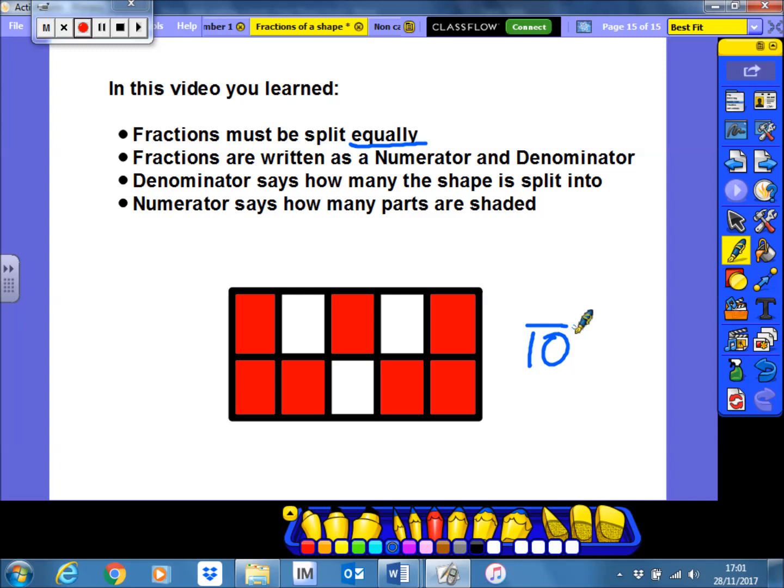And the numerator says how many parts we are actually talking about, how many parts are shaded. In this case, 7. We also talked about how to work out how many parts are not shaded by figuring out how much we need to add on to the numerator to get it to match the denominator. So in this case, we need to add 3 to the numerator to get